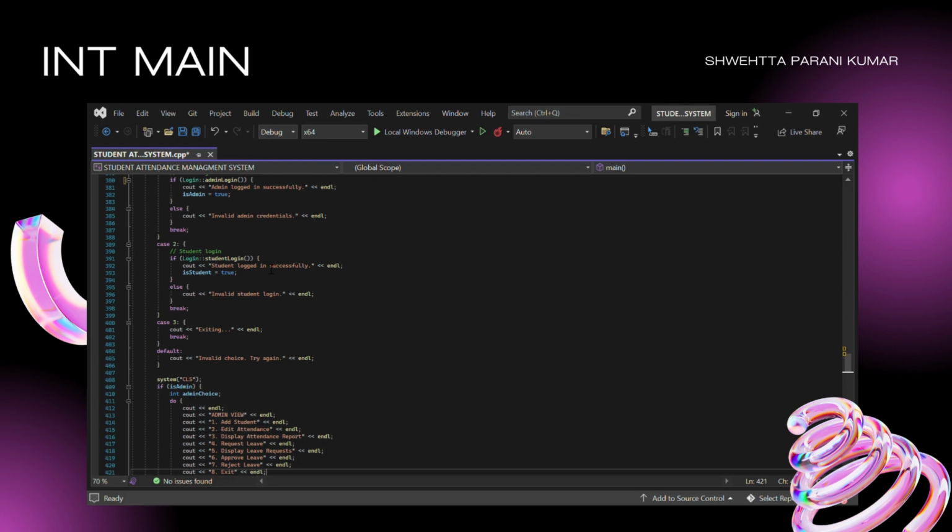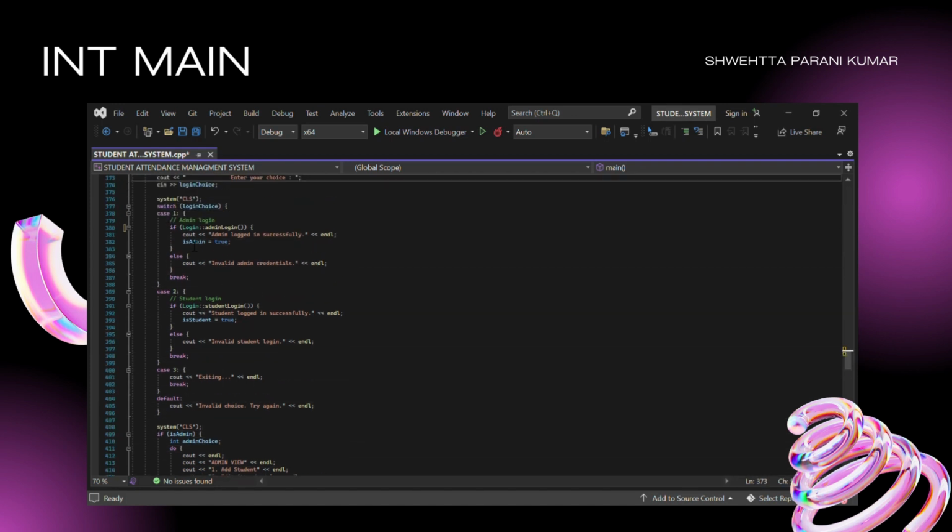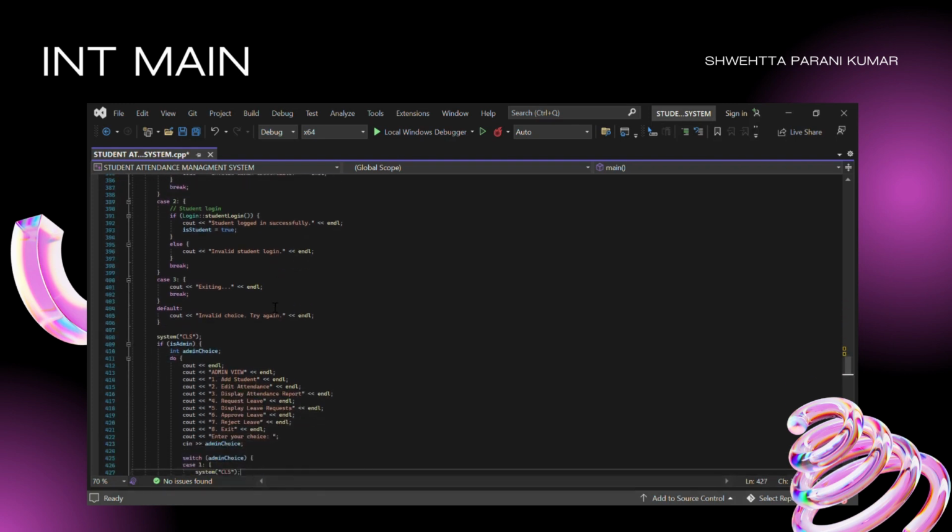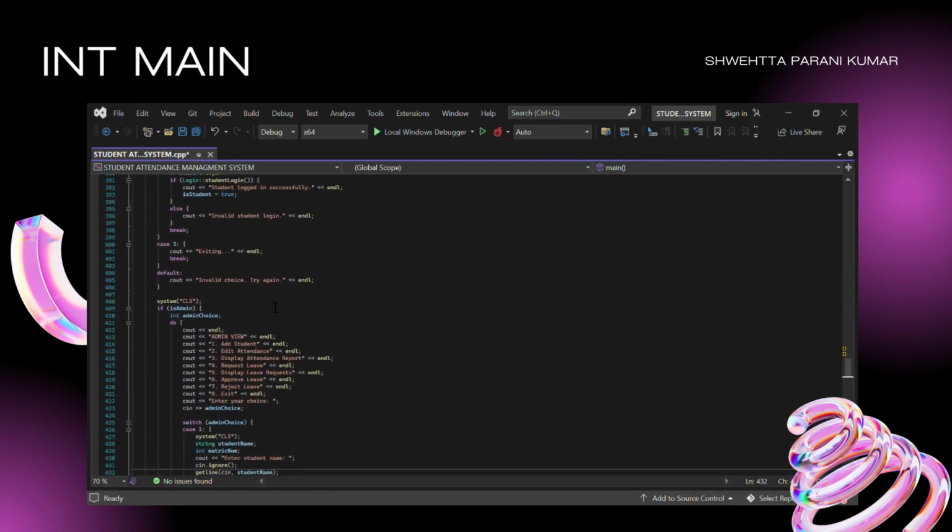If the student login is valid, the isStudent boolean is set to true, and the same thing applies up there. If the admin login is valid, the isAdmin value is also set to true. The next part is case 3, where they choose to exit the system and it exits by breaking, and if the user inputs any value other than 1, 2, 3, it prints out invalid choice and